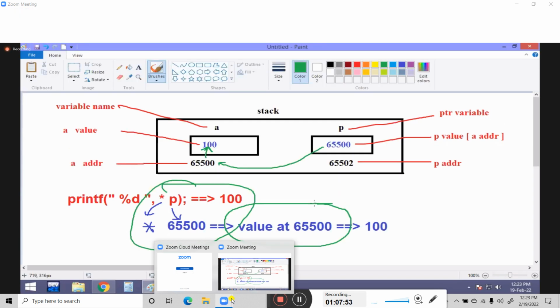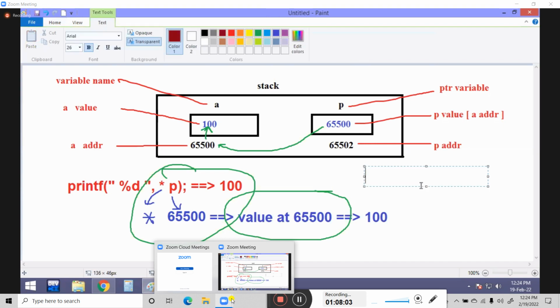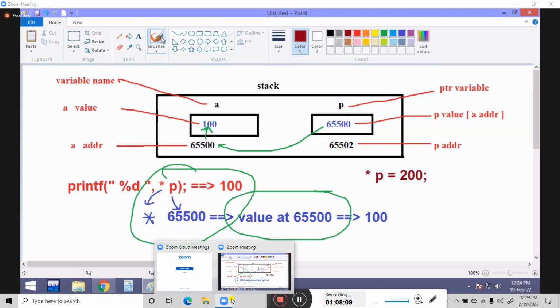It is the meaning, na. Value at 65,500. Now you are giving the program like this: star P equal to 200, na. Pi, which one is working? P. Now means